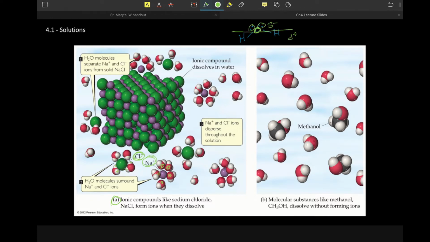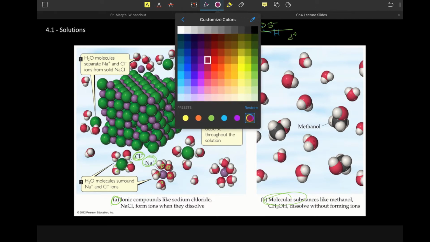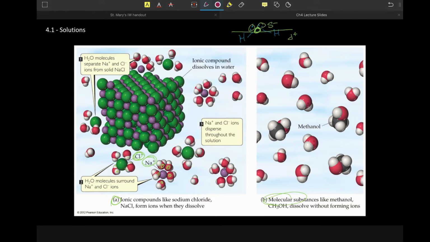Which is different than when other substances, like molecular substances, dissolve in water. So when we get a molecular substance to dissolve in water, like we do here, we have some methanol, where, in your book, I think there's a figure, we have CH3 and then an O, and then an H. So if we think back, this part is polar, okay? We could draw that to be bent just like this, in that there's an O bonded to an H with two lone pairs,